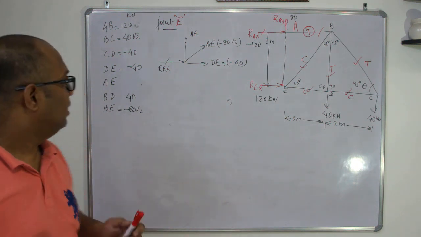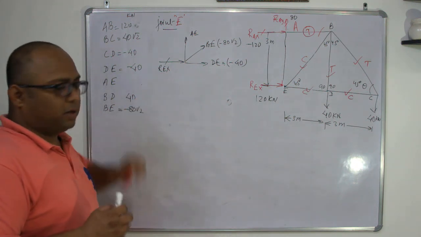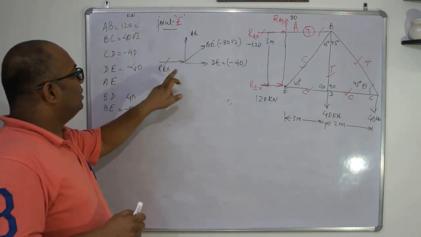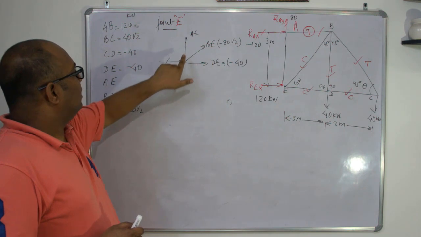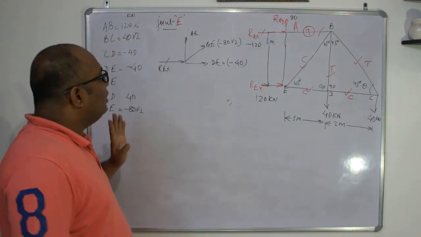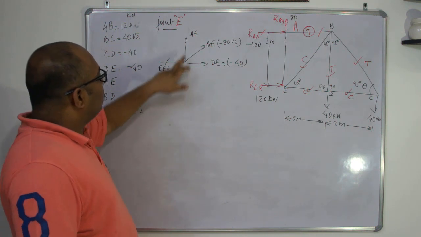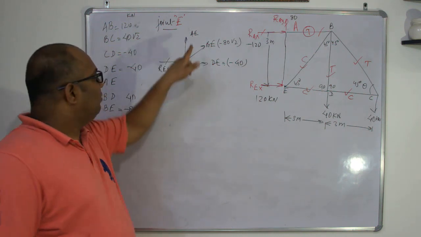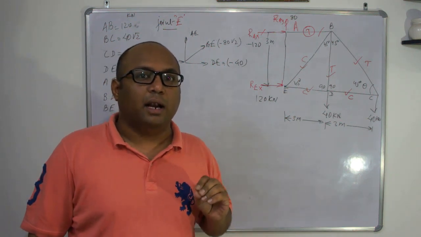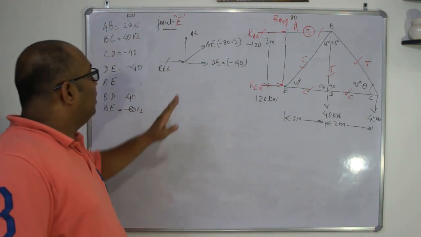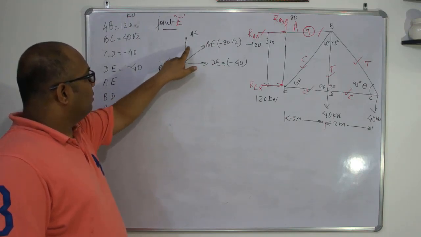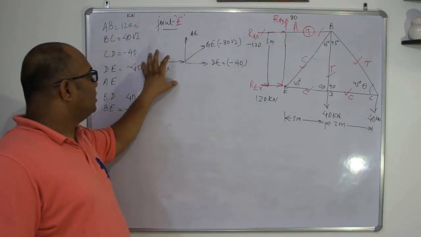Assuming that I don't know the reaction, I have two unknowns, 1 and 2. So I can do a cross check over here. How can you do the cross check? This is a coplanar concurrent force system with two unknowns. I will leave this for you. You have to do it and try to check. If I have two unknowns, AE and the reaction, assuming this is not known.